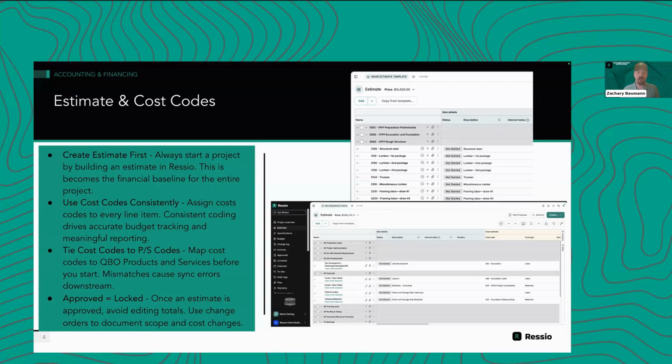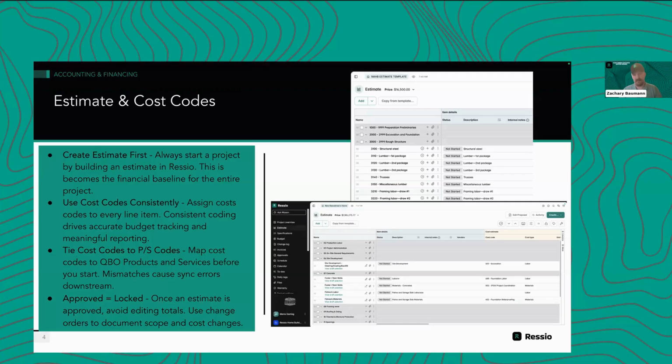So when you're building the financial backbone of your projects or of your business, ensure that you use codes consistently and maintain a standard, whatever your cost code formula is. If you use the NAHB standard codes, the NARI codes, the Canadian codes, or a code set that you've made up just because your friend Steve told you it's a really good code set that he used, those are all very valid.